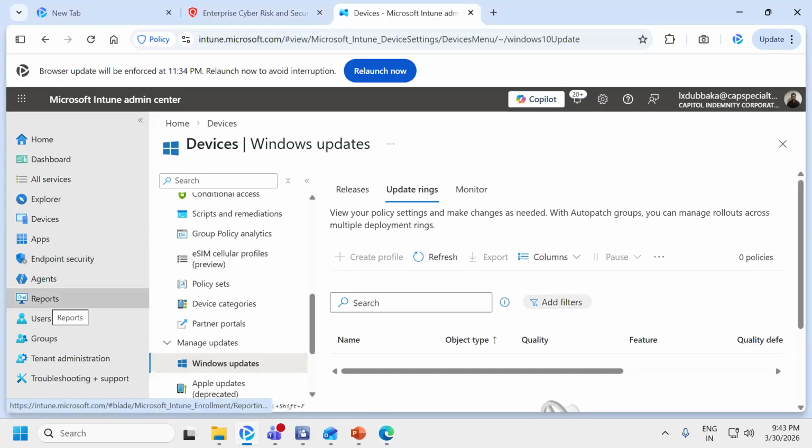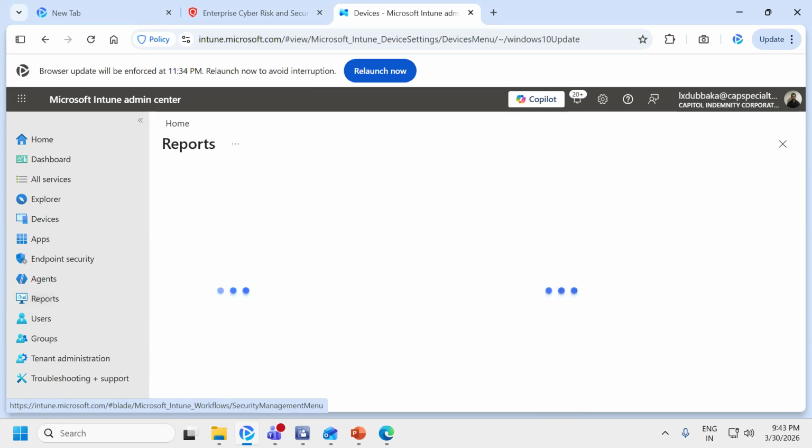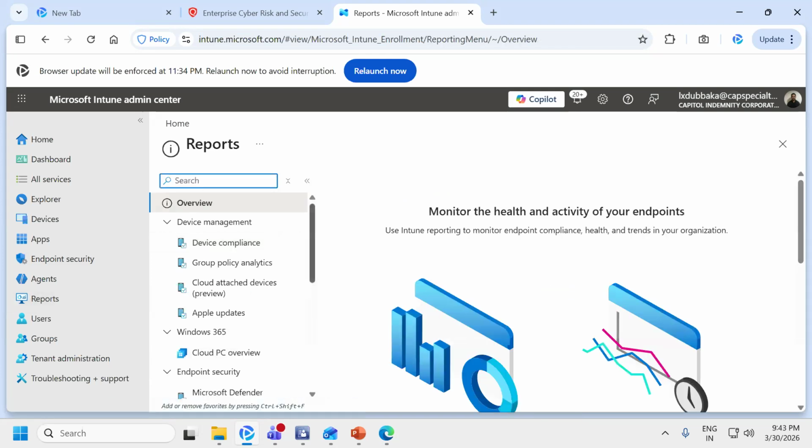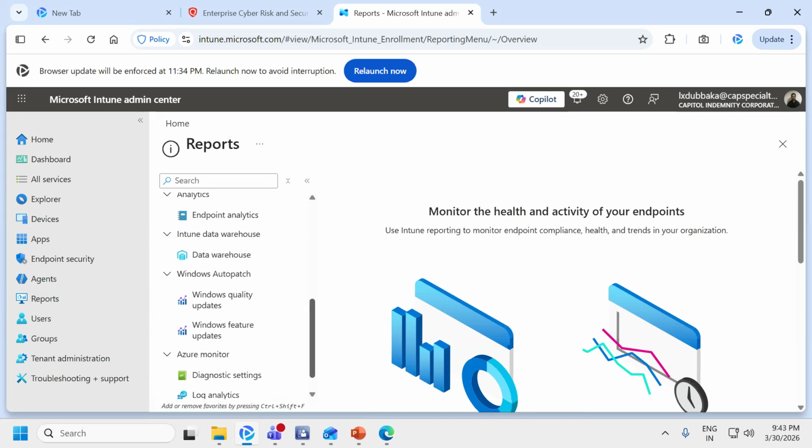where you can manage or check what your compliance status is for monthly